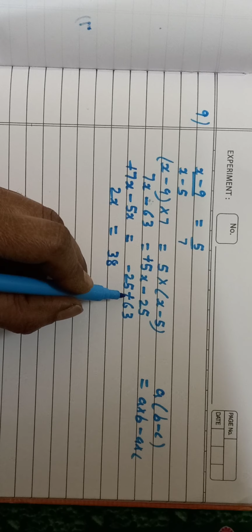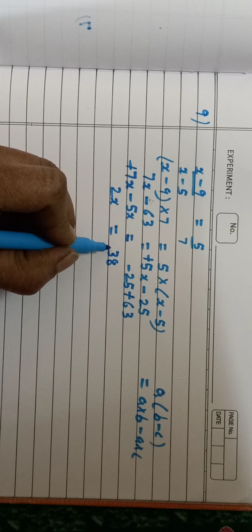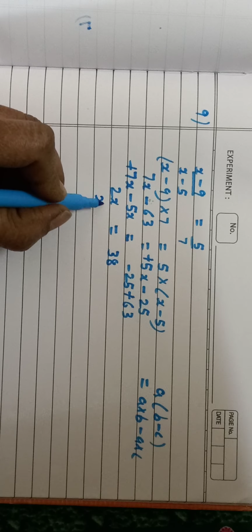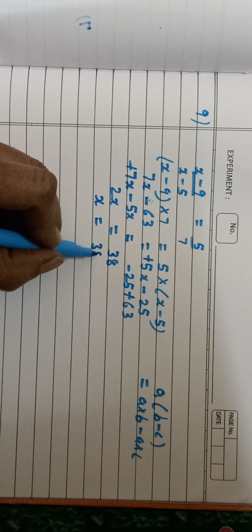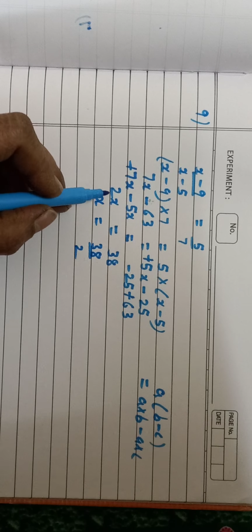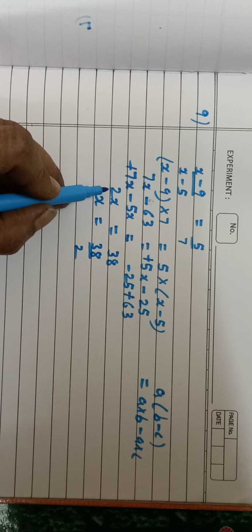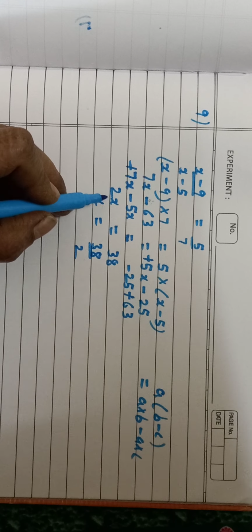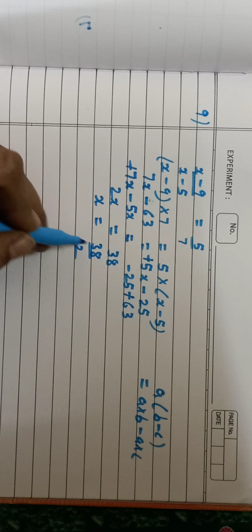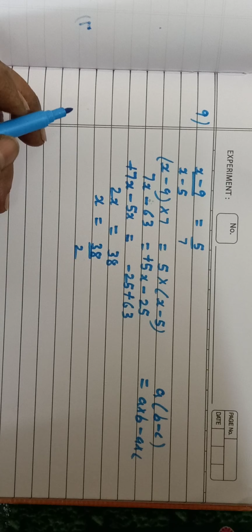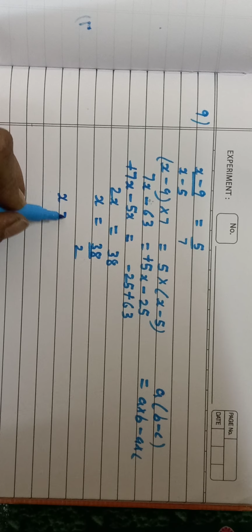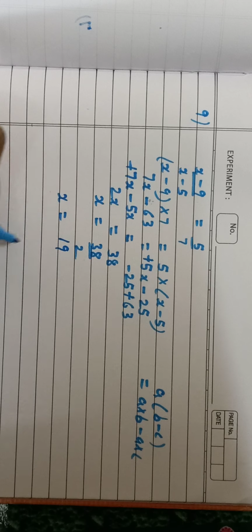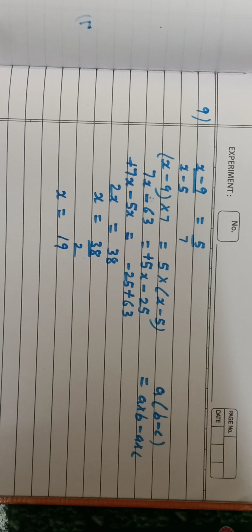Before 63 what sign is there? Plus. So this will be plus. No need to write plus here. Okay. So x is equal to 38 upon 2. Now directly you can write. Now you understood. 2x means 2 into x. Then x into 2. No need to write now if you have understood it. And numerator here multiplication is given. So after equal to it is division. Upon means it is division only. So you will get x is equal to 19. This way you have to solve.